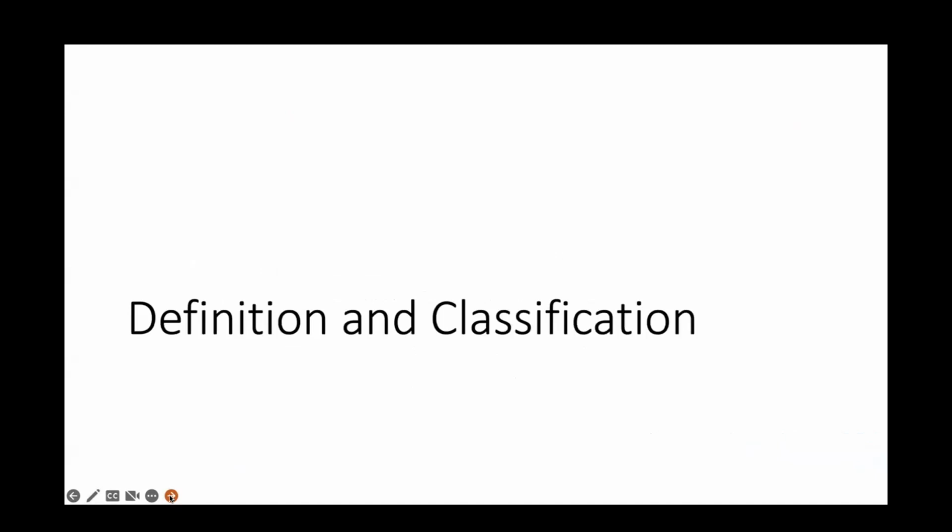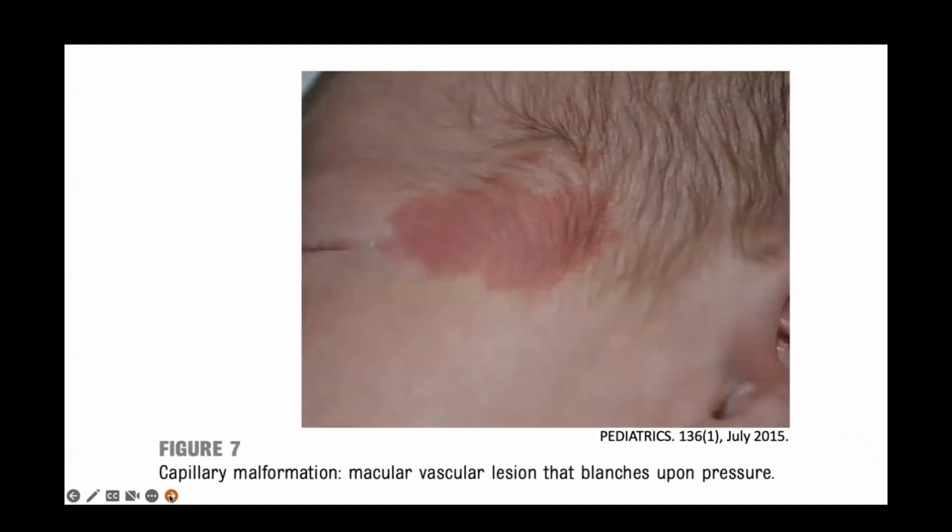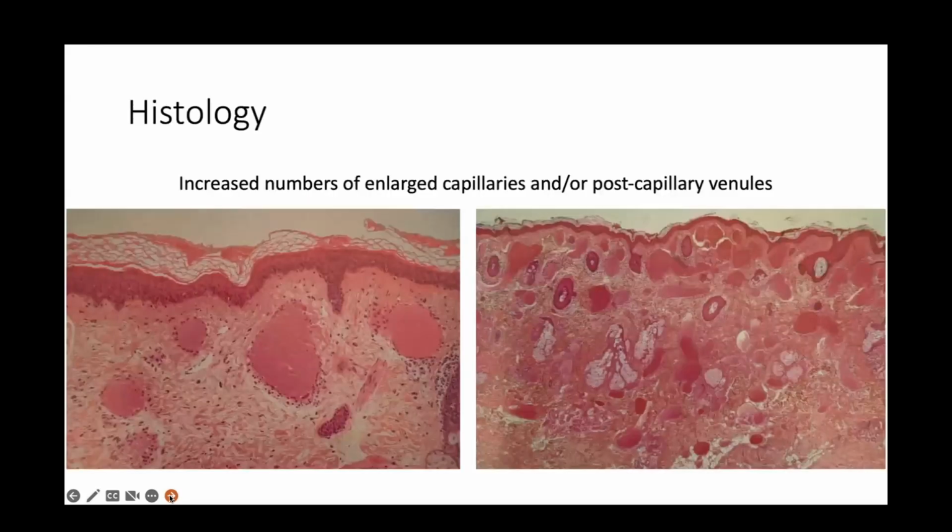Cool. Definition and classification. So what is a port wine birthmark? It's a type of capillary malformation. It's a red spot that you're born with that blanches with pressure. That's kind of how I know it. And then if you biopsy it, it has increased blood vessels, so increased small capillaries and post-capillary venules. So it's the part right after the artery, and then the part a little bit after that, just before it